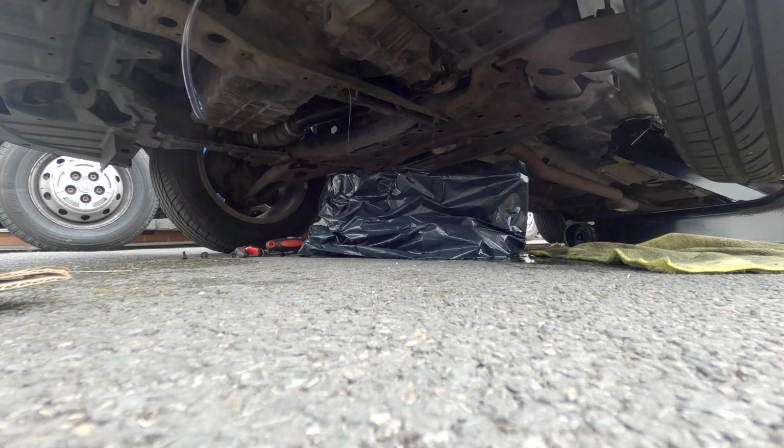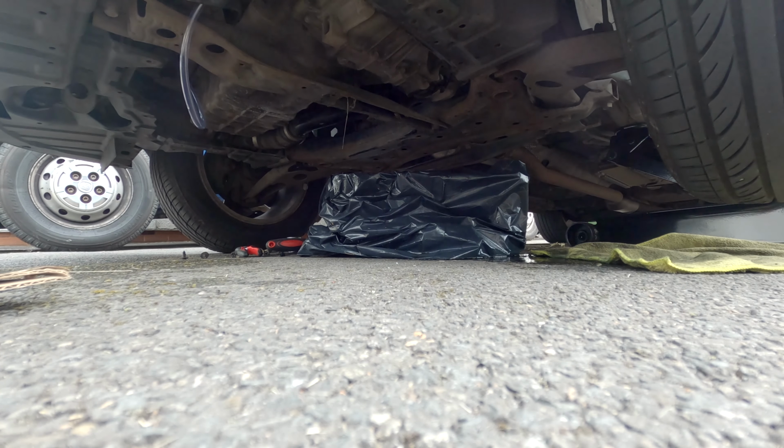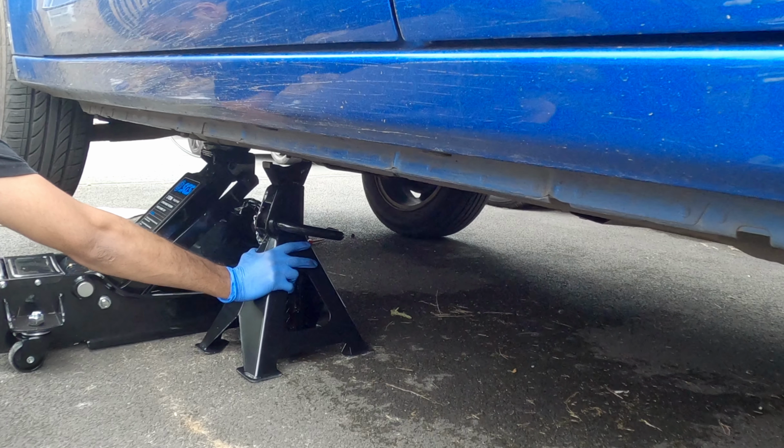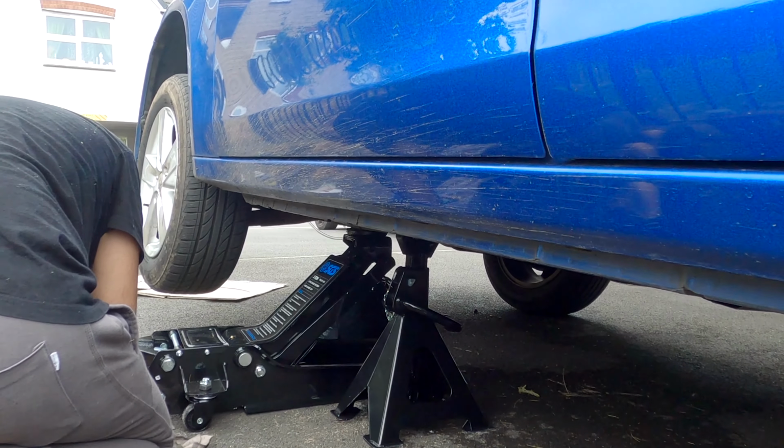Make sure the car is level when it's draining so that all the old oil comes out. That's why I'm lowering the car now. Afterwards, of course, you'll have to jack the car up again to close the bolt, and I'm gonna just remind you to do that safely and how professional I look when I'm...